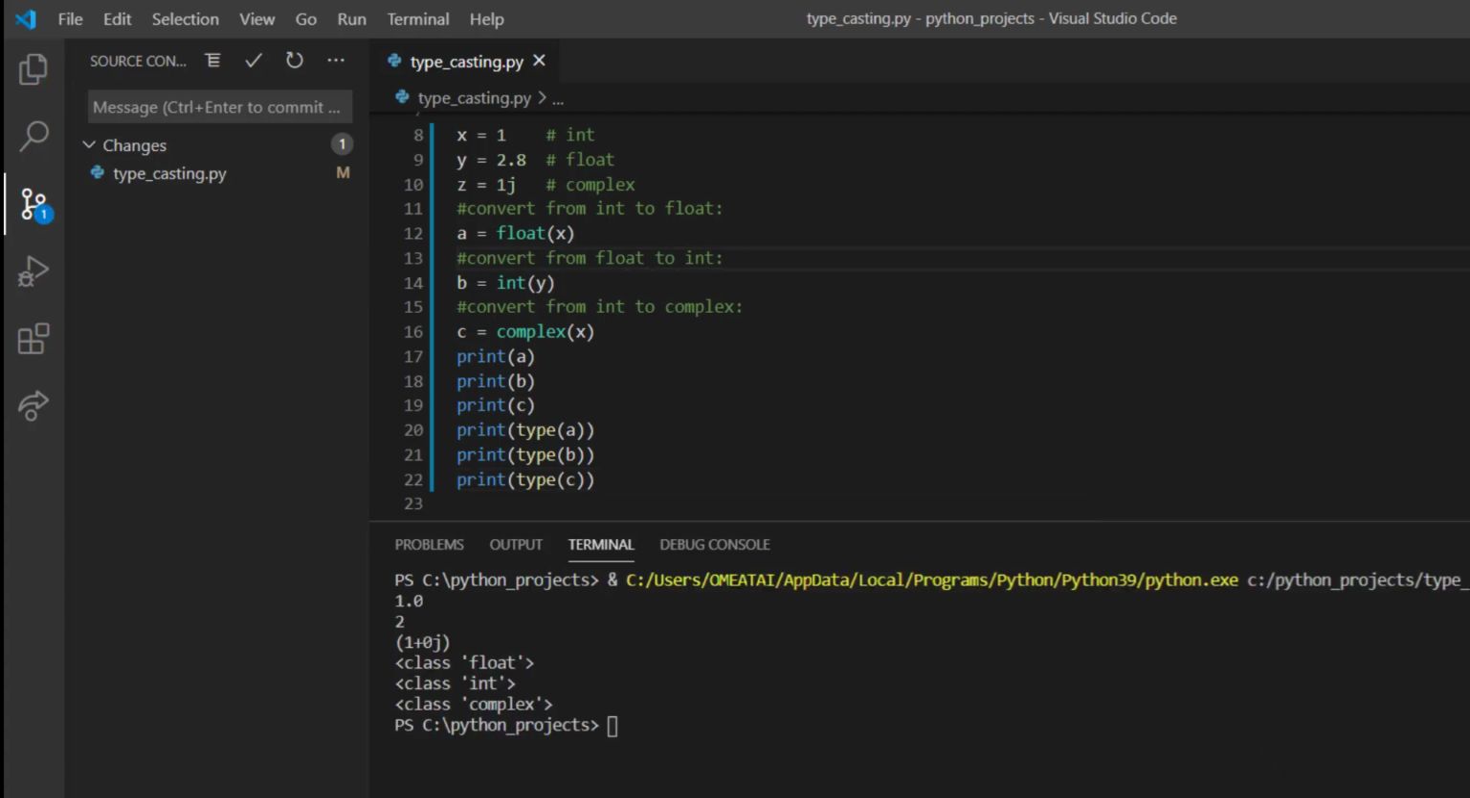We can see that it printed out from our statement the values of a, b, and c, and we can confirm that a has been converted from an int value, which was formerly x, to a floating point value, which is now a, and b has been converted from a floating point variable, which was y, to an int variable, which is now b. And the final one, c, was converted from an integer, which was x, to a complex variable,